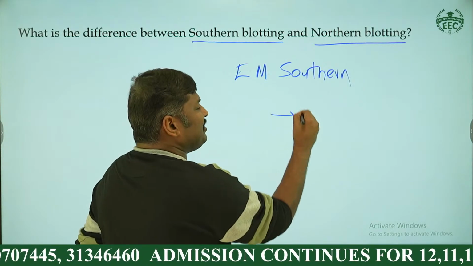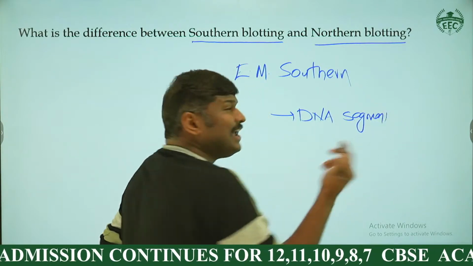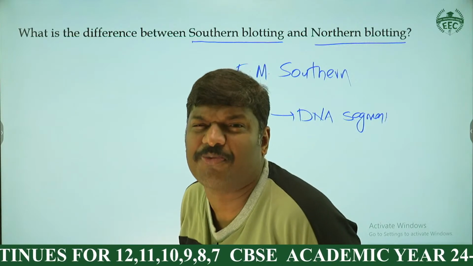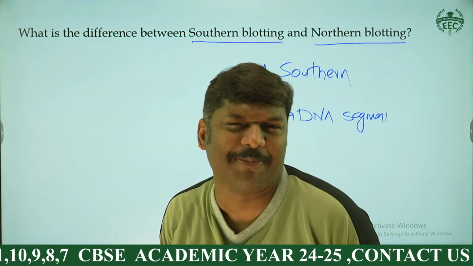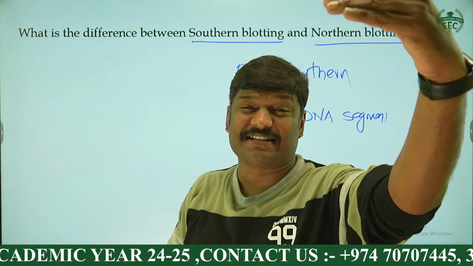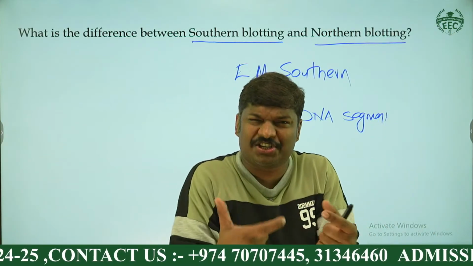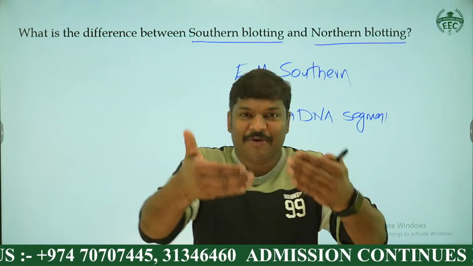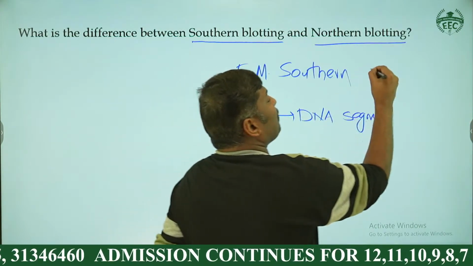Southern blotting technique, which is used for separating the DNA segments, my dear students. So DNA related separation. You studied one topic in the last page of your textbook of molecular basis of inheritance, that is called DNA fingerprinting or DNA profiling with the VNTR, variable number of tandem repeats, the repetitive DNA, the satellite DNA. When we are discussing the steps of DNA fingerprinting, what is the isolation of genetic material, digestion by restriction endonuclease, separation by agarose gel electrophoresis, and after that the digested fragments are blotted. What is the method I use? Southern blotting,